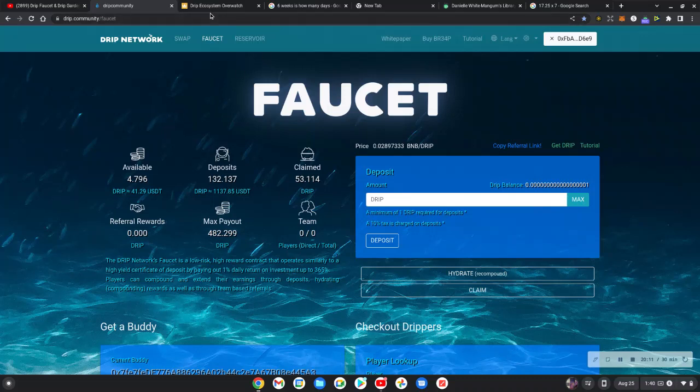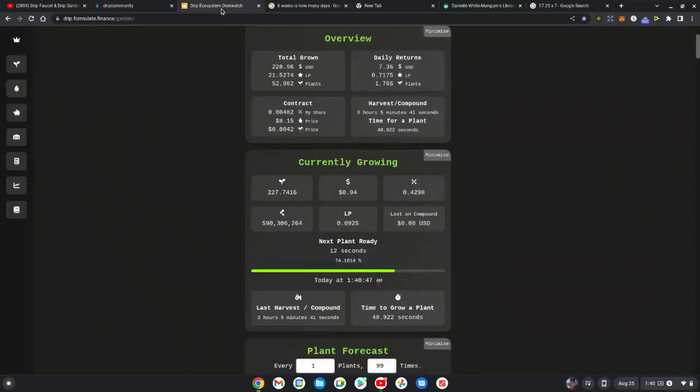And as far as the garden goes, my goal right now is to get to 100,000 and get these seconds down to like 1 second or something. But that's my goal right now. I don't care about the price. I don't care if the price is going down, up, whatever. I don't even look at the price. The only thing I care about is getting this to 100,000 and its time down.